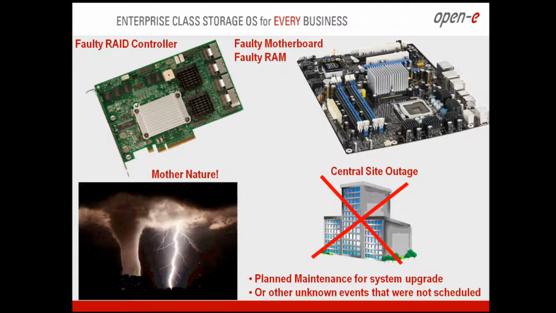Mother Nature. I cannot tell you how many storms or issues that happen through outages or even the central site outage or planned maintenance for system upgrade. Something happens in the muck. I had a customer in the last 3 weeks, perfectly planned. They laid it all out. All they were doing is dropping down, restarting the systems. At that point in time, something happened to one of the drives, and they weren't ready for it. So these are also other unknown events that are not scheduled. You know what these are. I'm not going to get fancy on the PowerPoint. Why should I? You already know.